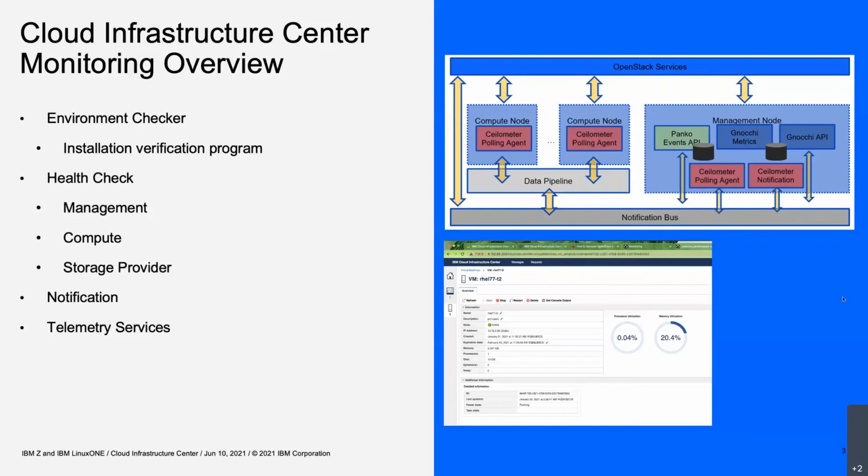Sometimes it will check the storage provider, like DS8000, to check whether the storage provider is accessible or healthy. And in case it's running into an unhealthy state, it will send a notification to the admins. And moreover,